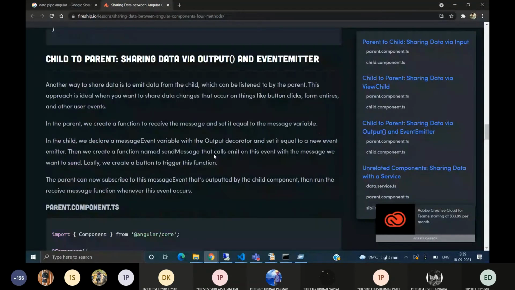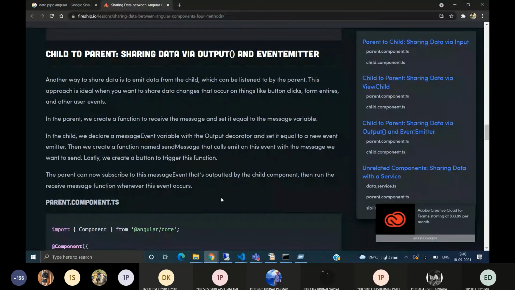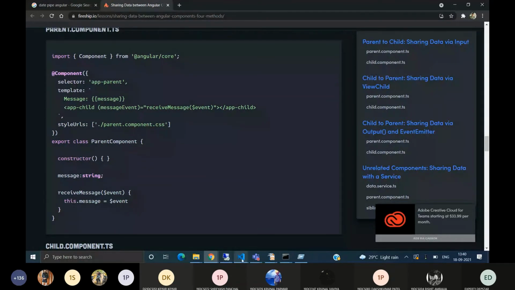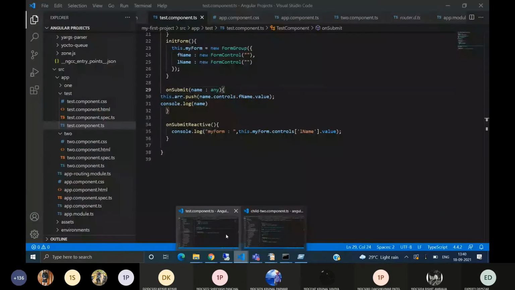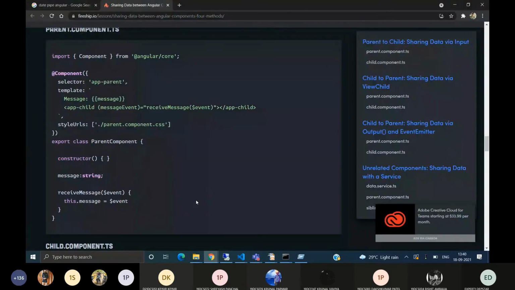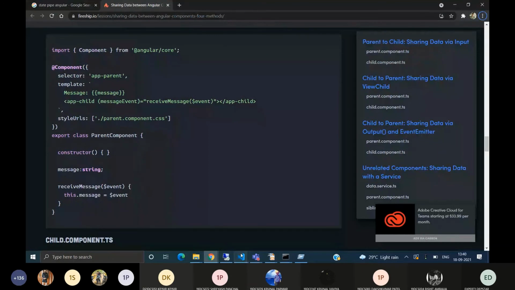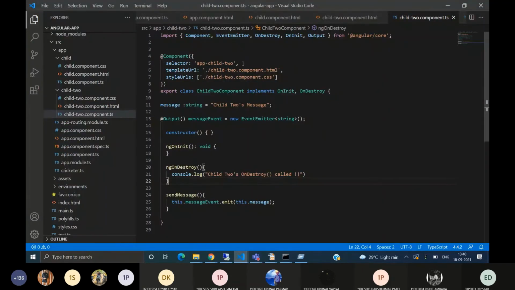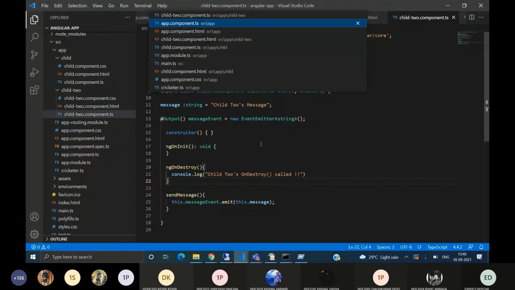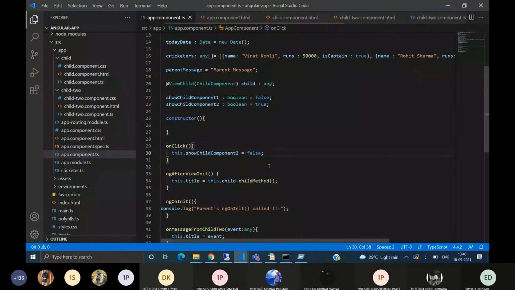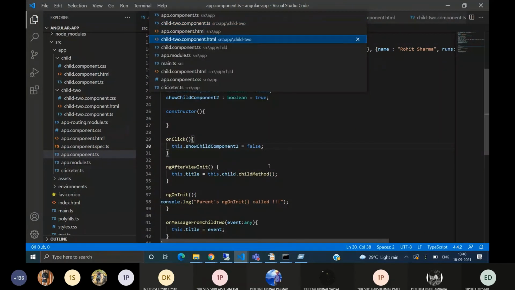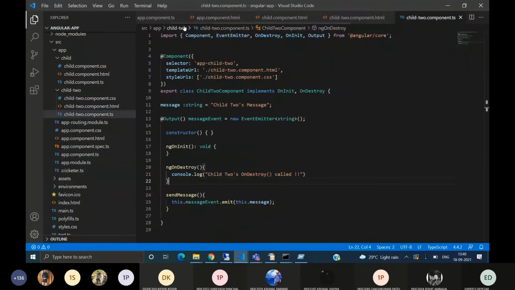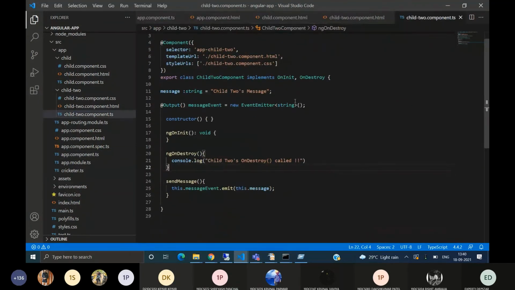Now we will see child to parent sharing data via Output and EventEmitter.